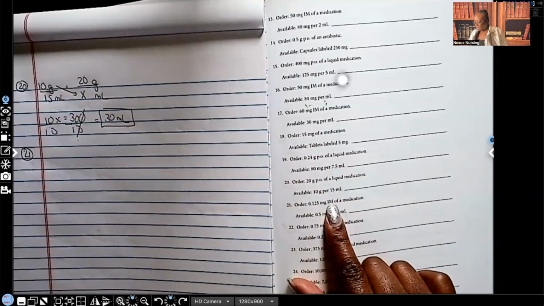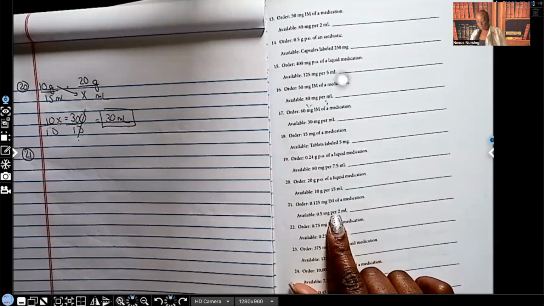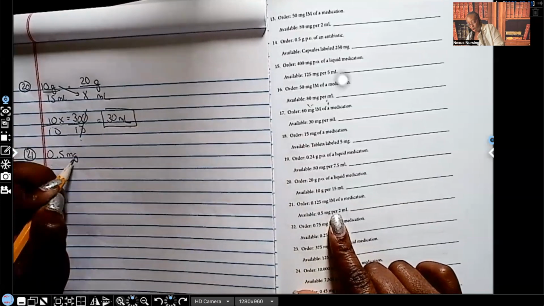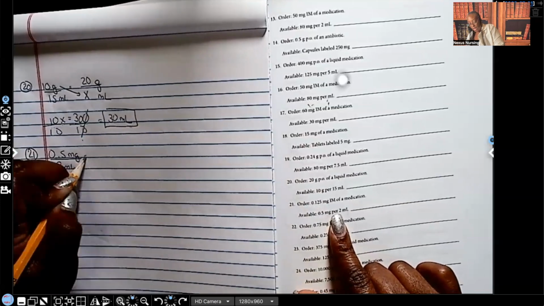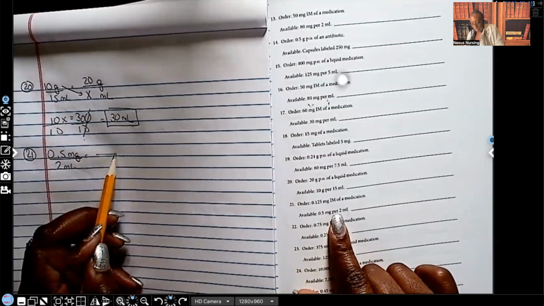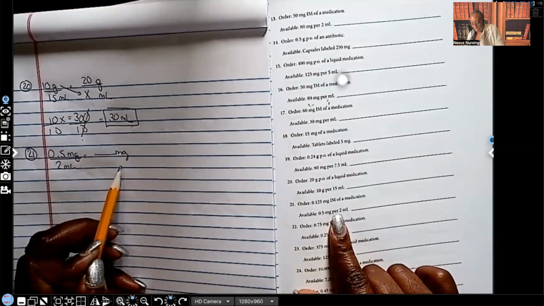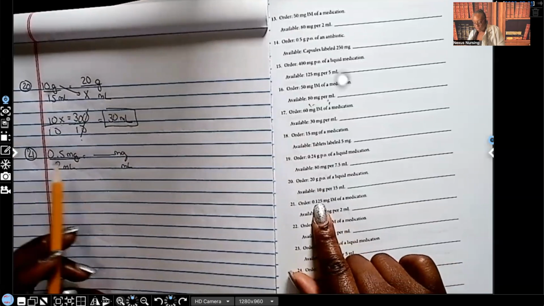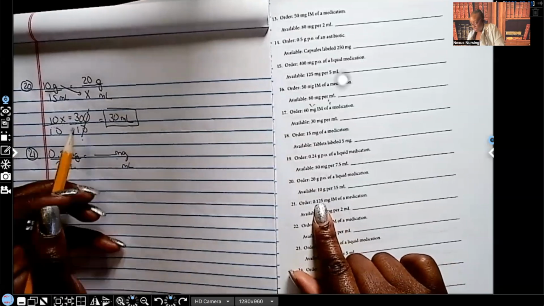0.125 milligrams IM of a medication has been ordered, and what we have is 0.5 milligrams per 2 ml. So I'm going to put my 0.5 milligrams per 2 ml is equal to, up here has to be milligrams and down here has to be ml. So all I have left is my 0.125 milligrams. I don't even have to convert. Let me just plug it in,